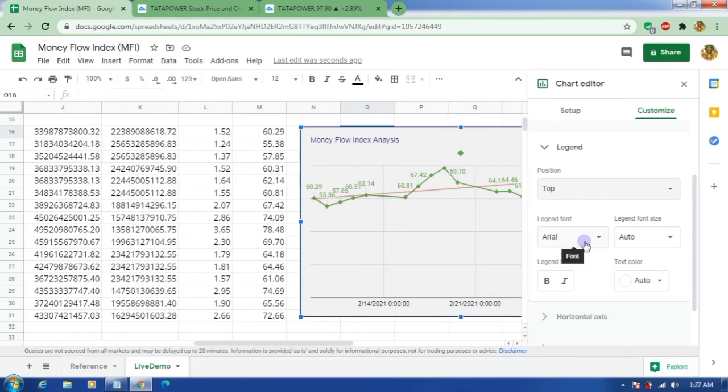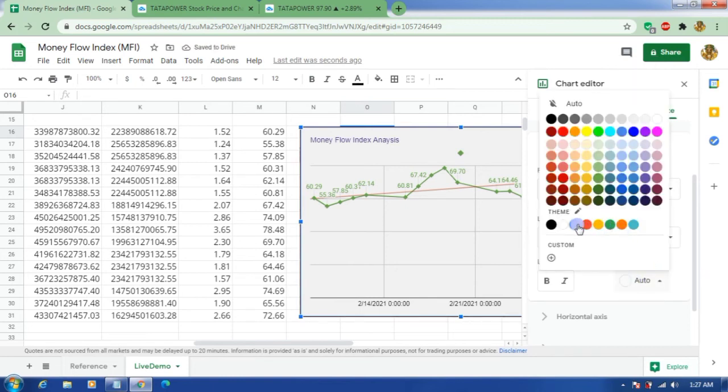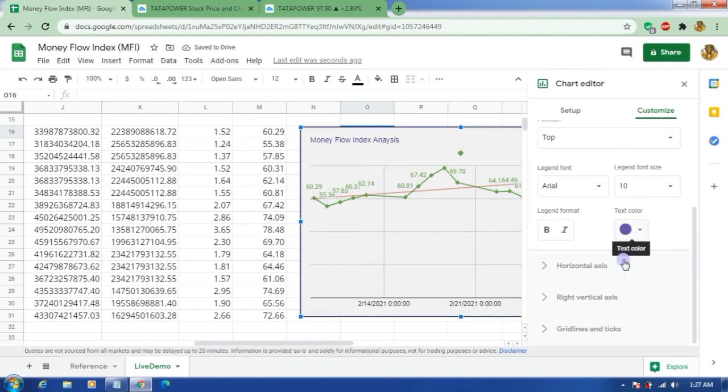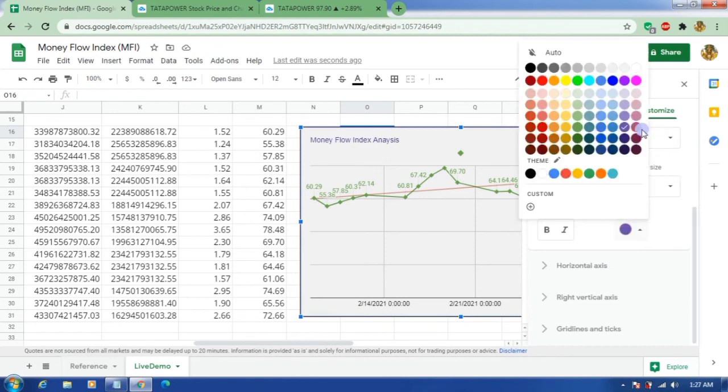And legend font, I want to have Arial, font size 10, and the font color is let's keep it this one, or maybe let's select the other color. I will select this one.